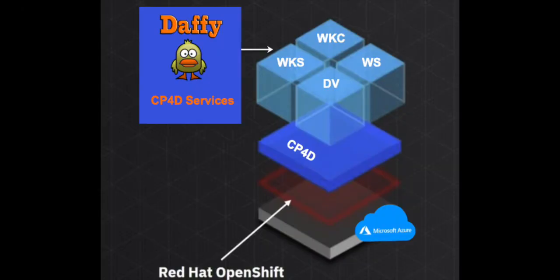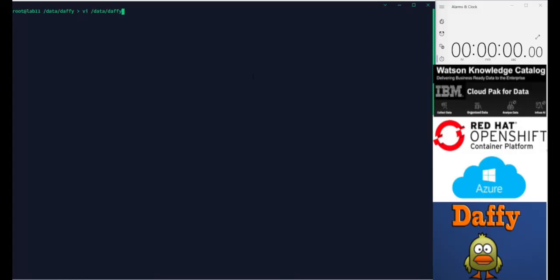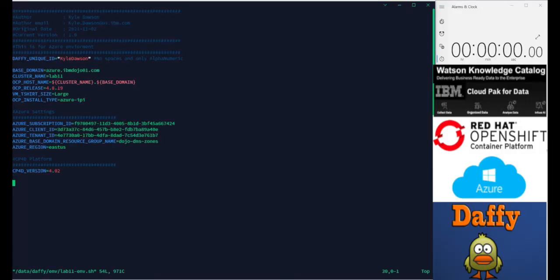Lastly, we'll use the Daffy scripts to install Cloud Pak for Data services. We will again modify the environment file with the necessary information to install the Cloud Pak for Data service. In our example, we are installing the Watson Knowledge Catalog service. To do that, we're going to add a variable called CP4D enable service WKC and set that to the value